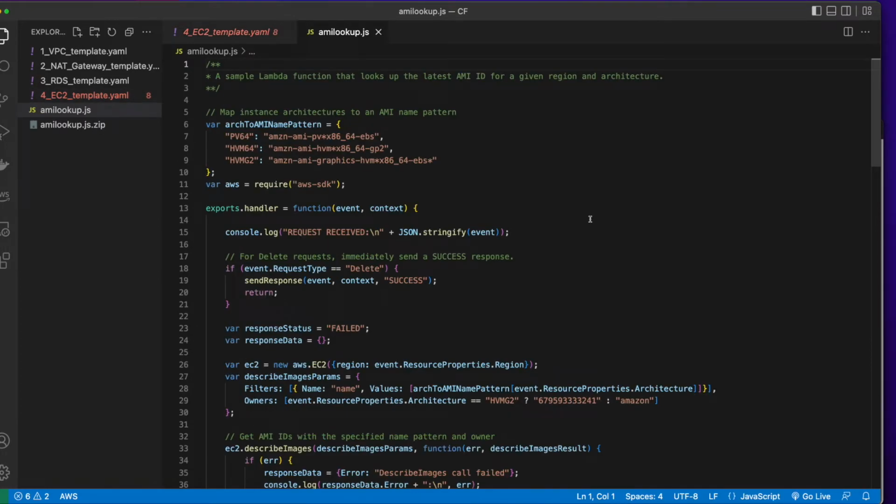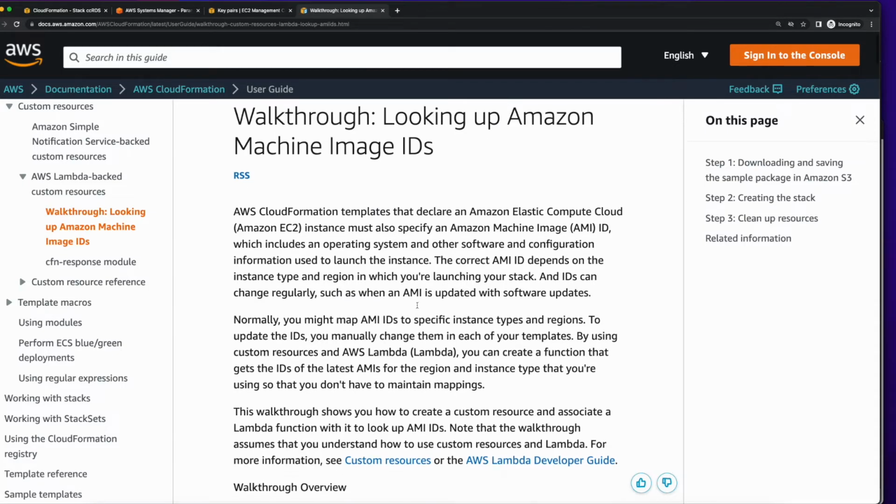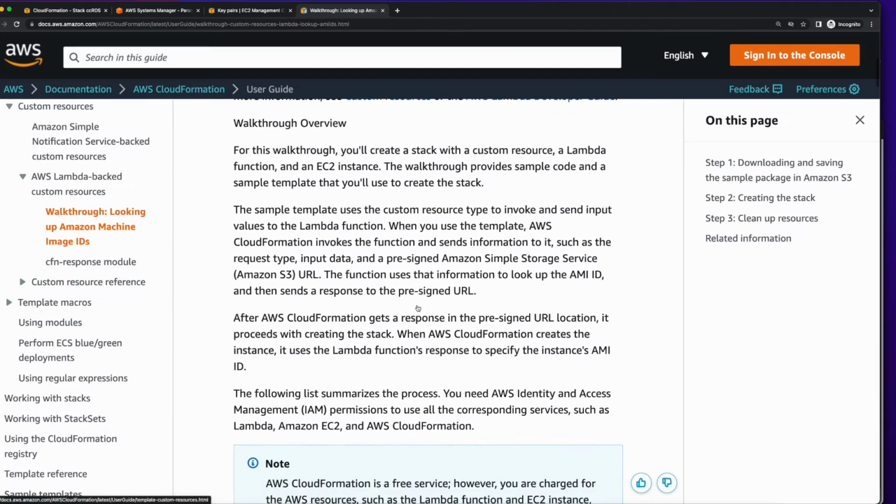The execution role will come from a Lambda execution role resource's ARN, and that's defined here of type AWS IAM role. Now, the code for the AMI lookup.js file is a sample Lambda function that looks up the latest AMI ID for a given region and architecture. Now, I didn't write this code. It comes from the CloudFormation User Guide's Custom Resources section, and it's the walkthrough looking up Amazon machine image IDs. I'll leave you to read through this documentation